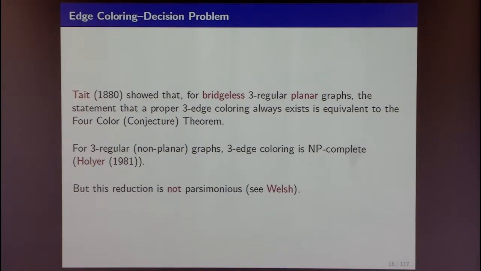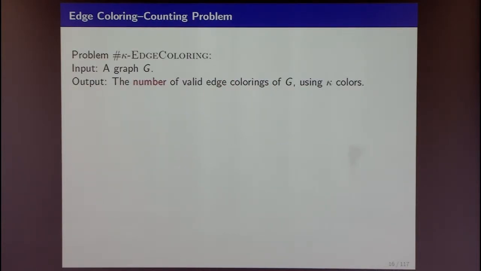Okay? So the problem we are going to be talking about, the edge coloring, is the counting complexity of edge coloring. So it seems to have nothing to do with Siegel theorem, right? I mean, what does Siegel theorem have to do with this? Okay, so let me be formal about what problem we're talking about. You're given a graph input, and you want to know the number of valid edge colorings using kappa colors. Clear? Okay? So if there are none, then it's not even kappa colorable, but in general, you want to know how many. And that's the computational problem.